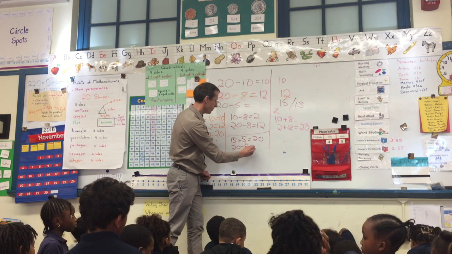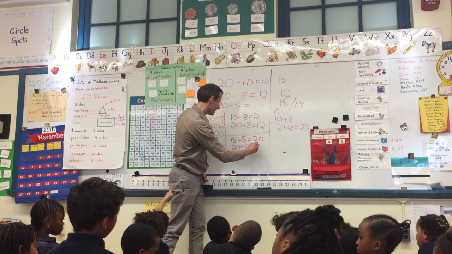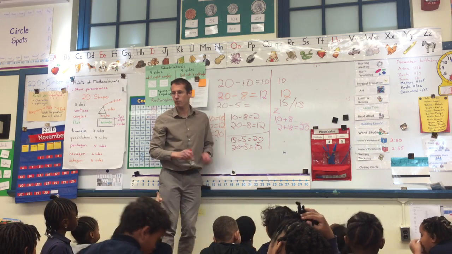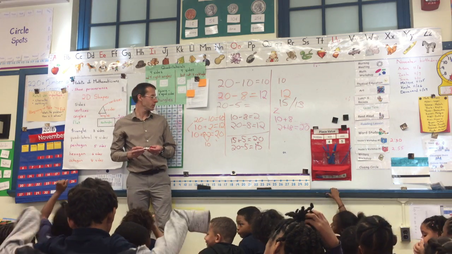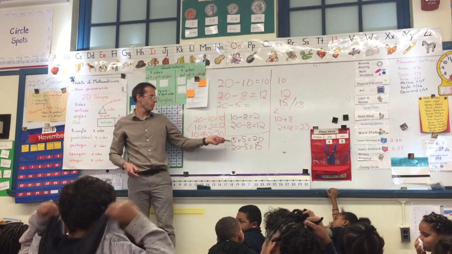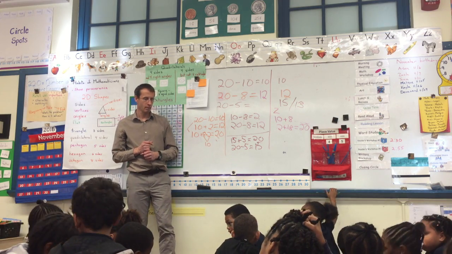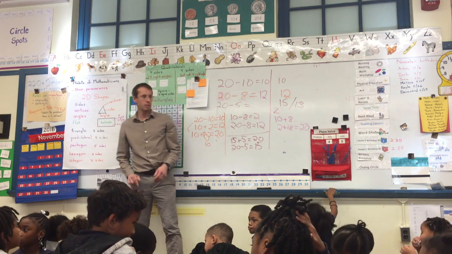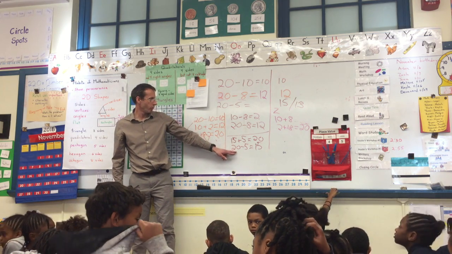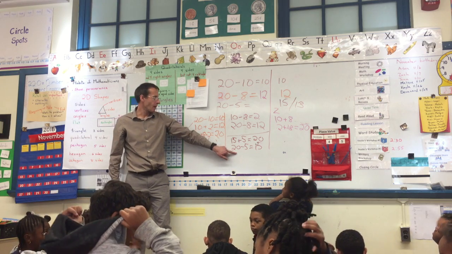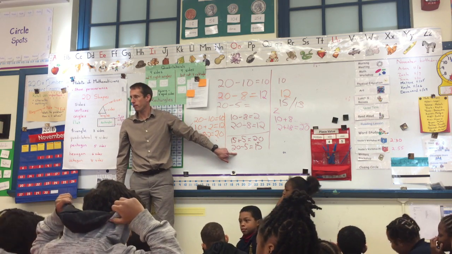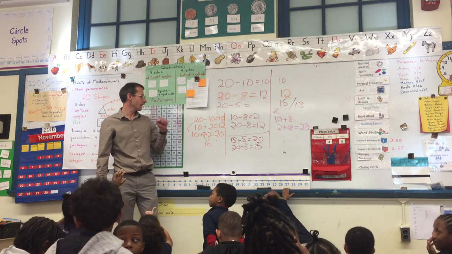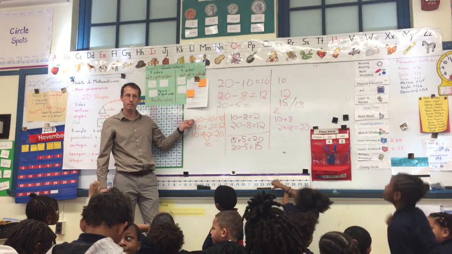Does everyone see what Stafford has done? Will someone repeat what Stafford has done? Denasia, can you repeat what Stafford did? Therefore, how many pieces of candy did my daughter have left? 15, okay. Anybody do something that was a little more like the first solution?